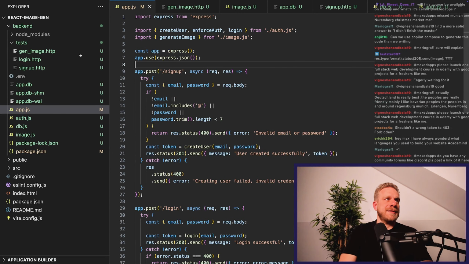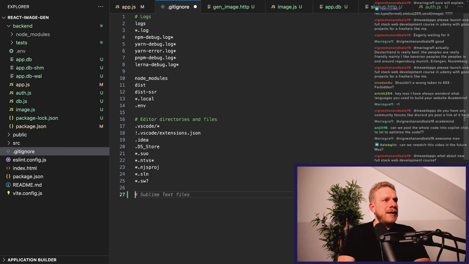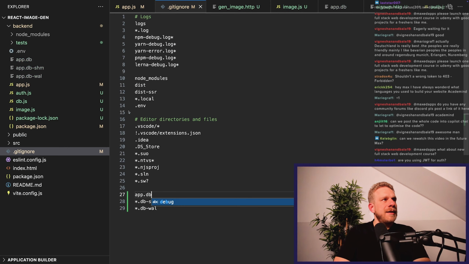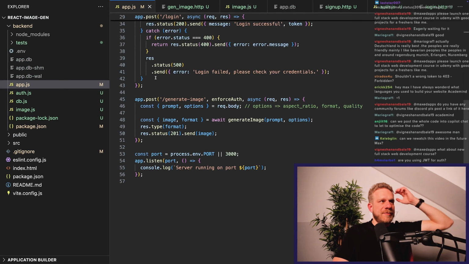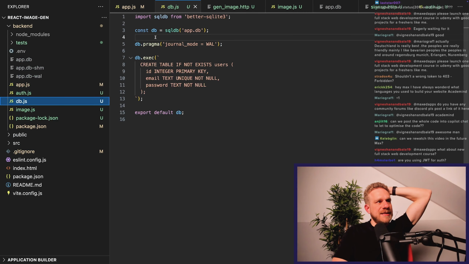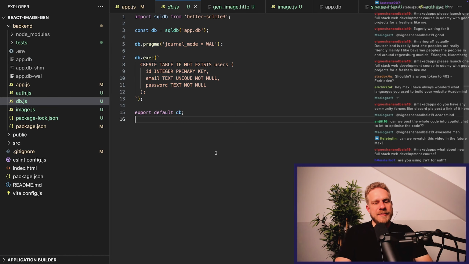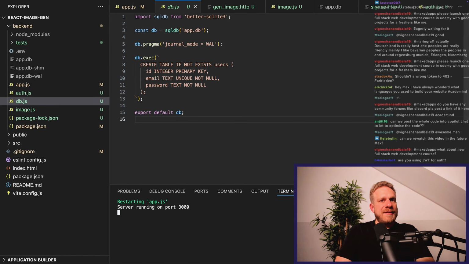What I can do though is in .gitignore, I'll add my db files. Actually also the app db, because I don't want to commit those to my repo. The database is created anyways when the app starts, and therefore this should not be part of my repo. Because with that,